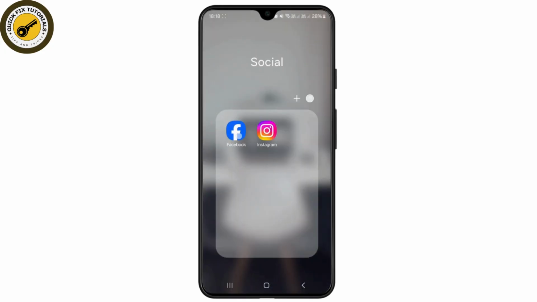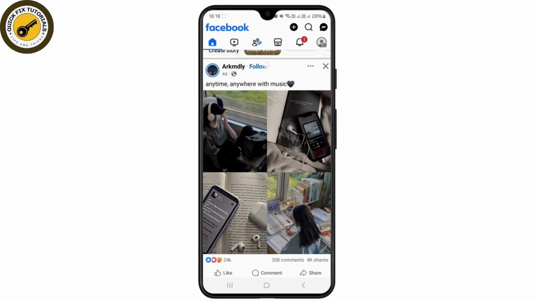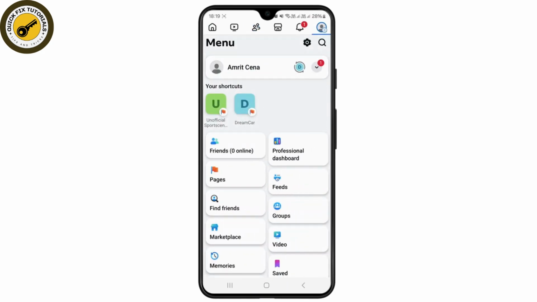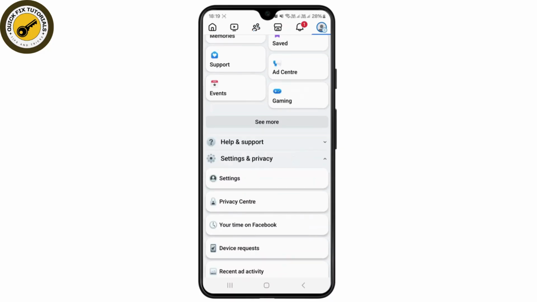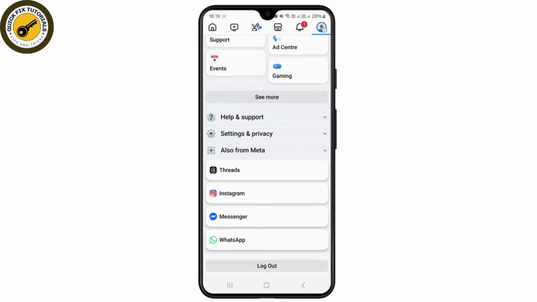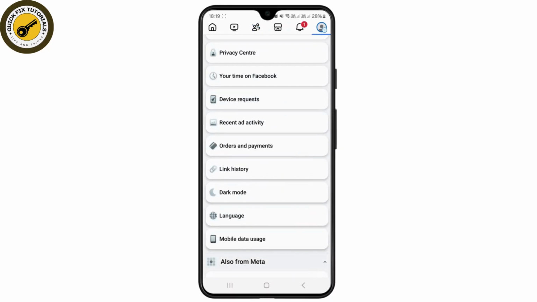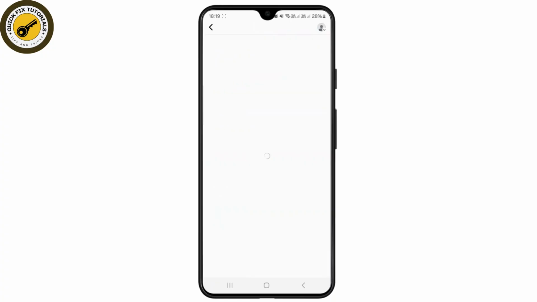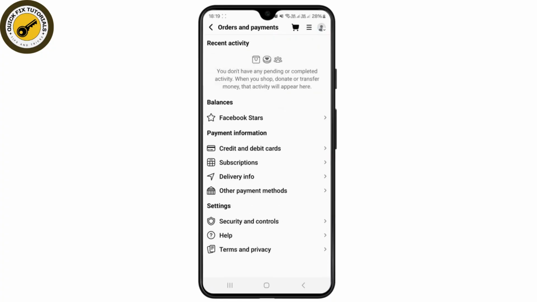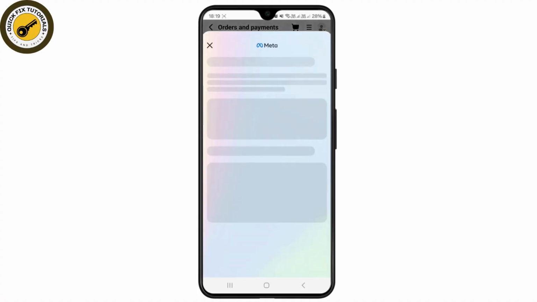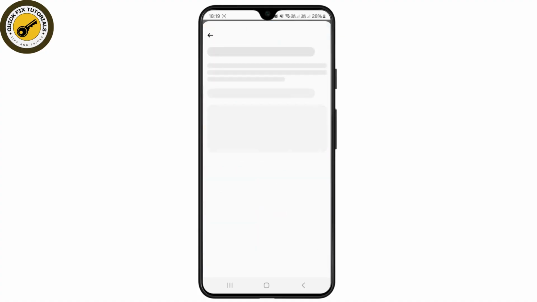So if that doesn't work, in that case what you want to do is come back to your Facebook and click on your profile icon at the top right corner, simply scroll down and click on settings. Once you enlarge the settings and privacy, just like this, you can see there's an option called auto send payments. Now what you need to do is, if you have already set up your payment option, which I assume you have already done, just click on that particular payment option and try removing it